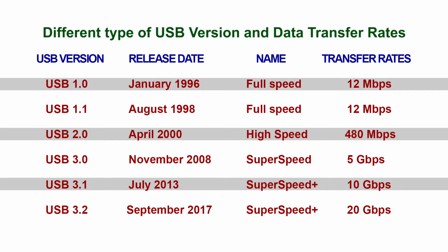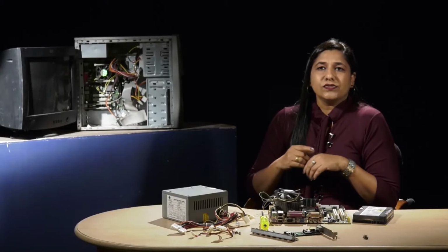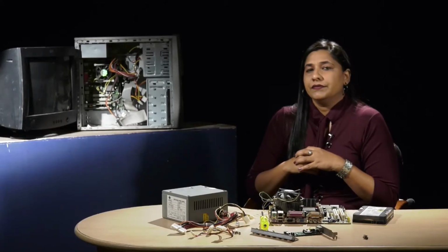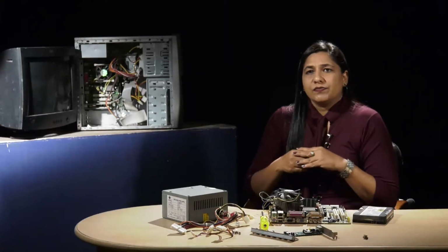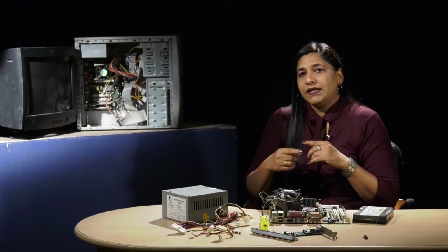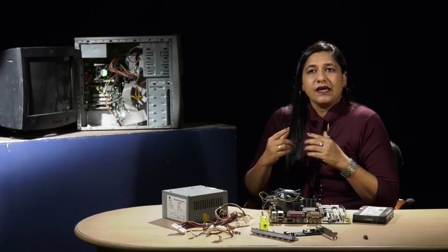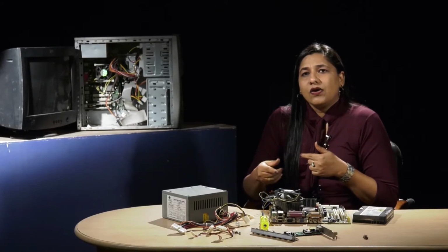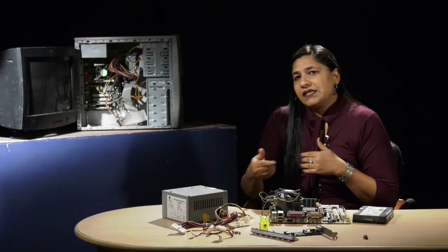Let me tell you that USB 1 only had a data transfer speed of 12 Mbps, whereas USB 2 had speeds up to 480 Mbps, while USB 3 and 3.1 have reached up to 5 Gbps and 10 Gbps respectively. Dear students, you also come across the word FireWire, which works much like a USB but was created to quickly relay information in an easy to use manner and to allow many devices to use the same bus.